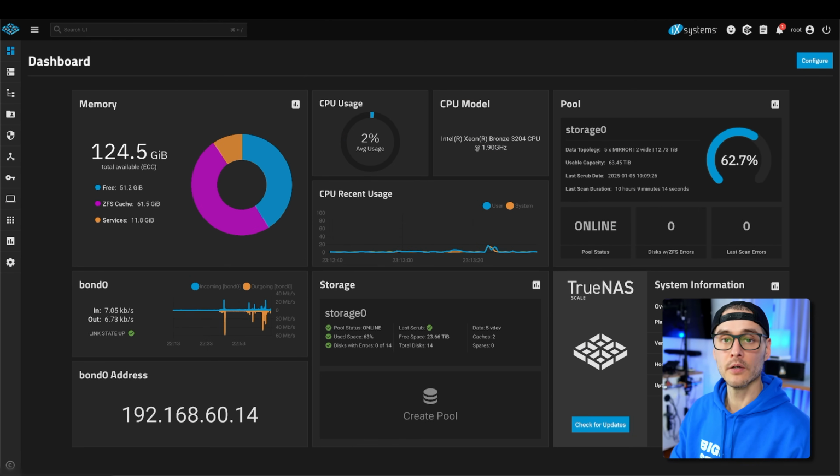As for storage, I'm using TrueNAS for all of my storage services. That means SMB, NFS, iSCSI, and even object storage. And I'm running the Electric Eel version, which means I have Docker for apps instead of Kubernetes. But you can see some of my stats about my NAS. I have 128 gigs of RAM. I have a pretty okay CPU in here. It's a Bronze Intel Xeon. It only has 6 cores running at 1.9 gigahertz.